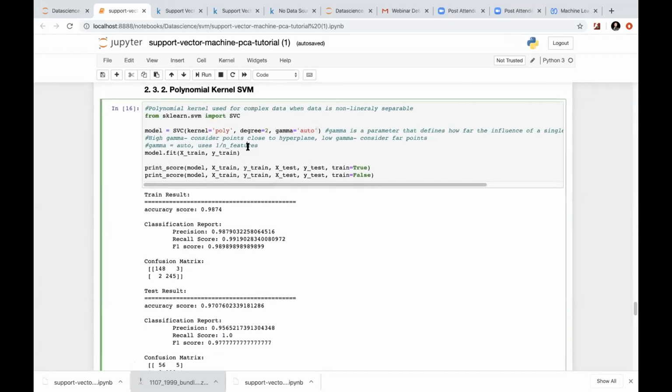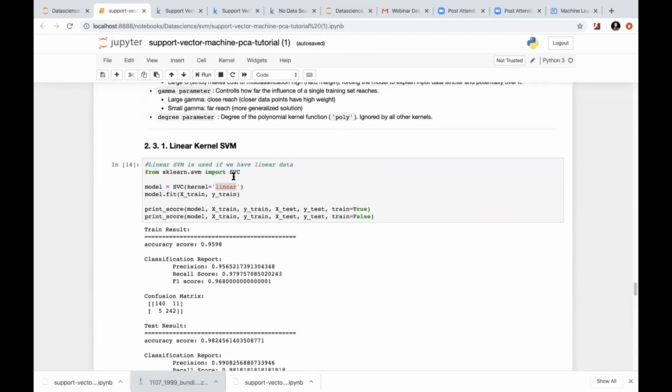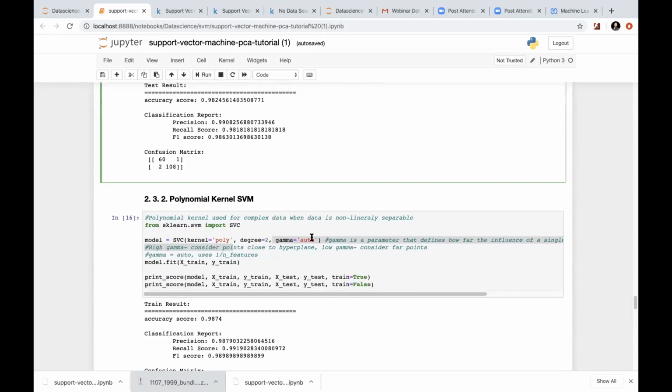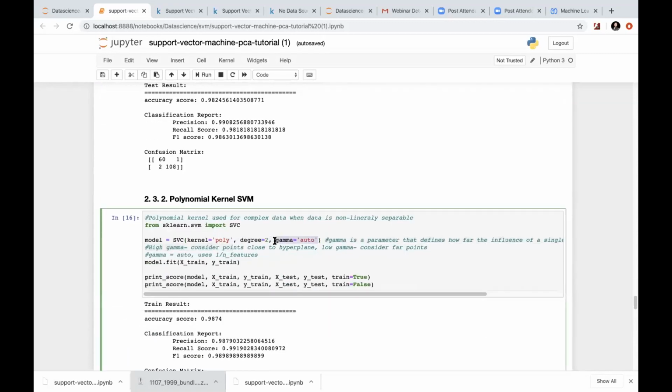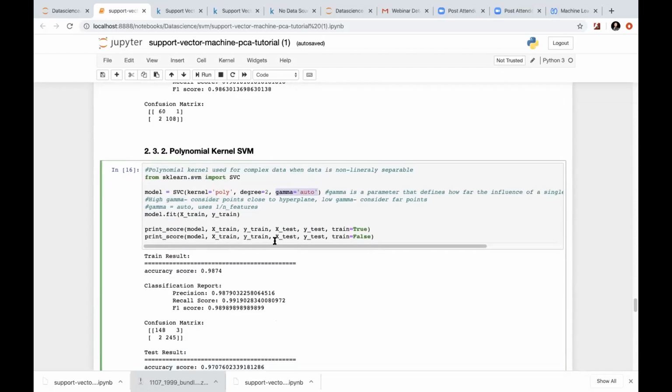So I will not go into details of how SVM is performing. Degree equals 2, I've explained. Polynomial means when you have degree included. So earlier you saw that we didn't have any degree. Now we have degree equals 2 and gamma equals auto. Gamma equals auto means gamma will be automatically selected by the kernel. It cannot be optimal, but it will be the default gamma which it takes.